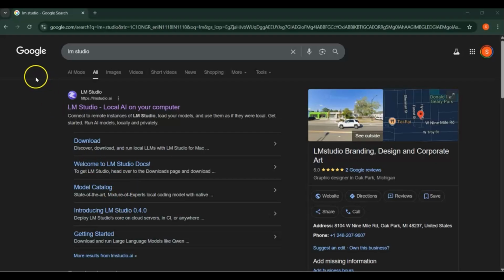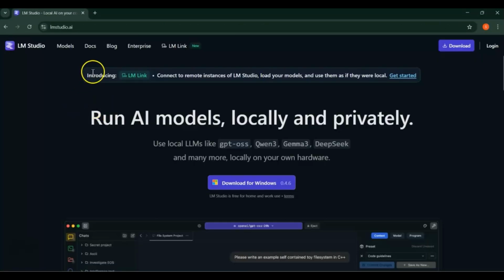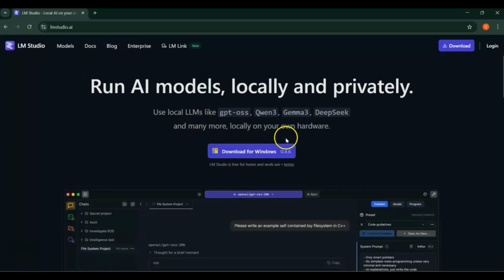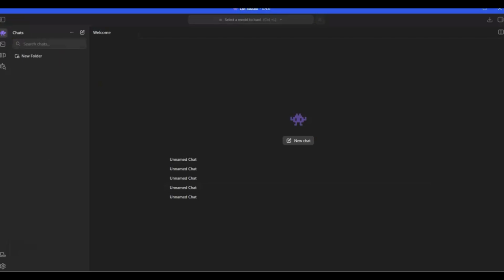First things first, let's install and set up LM Studio on our machine. This makes running the model and testing it efficient and easy. So, first head towards Google and search for LM Studio. Click on the first link that you see, that's lmstudio.ai, and then install it for your Windows system. Once it's installed, let's run this. And here on the dashboard, you can see three buttons. Go to the last one where you can download models.